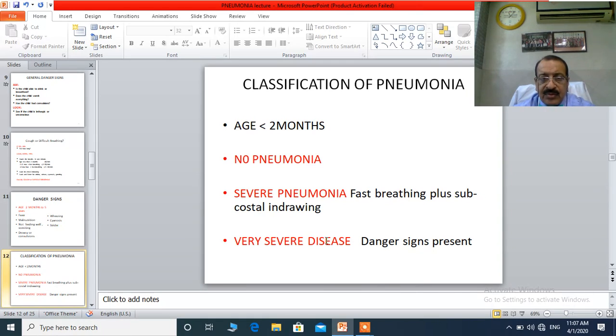If the age of the child is less than 2 months, we classify pneumonia into 3 categories: no pneumonia, severe pneumonia, and very severe disease. If the child is having a normal respiratory rate and there are no subcostal recessions, this is taken as no pneumonia or simple cough. These children do not need any aggressive treatment with antibiotics or hospitalization. They can be managed at home by simple home remedies like honey water, tea, and